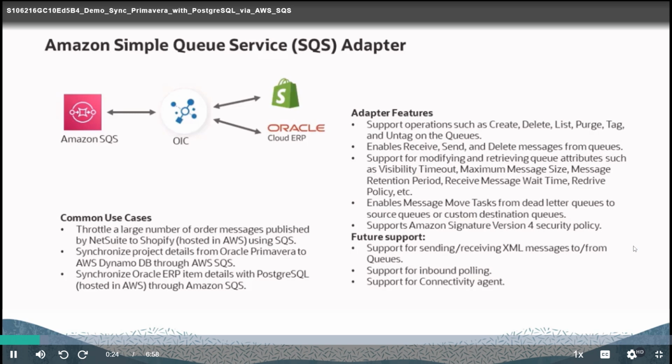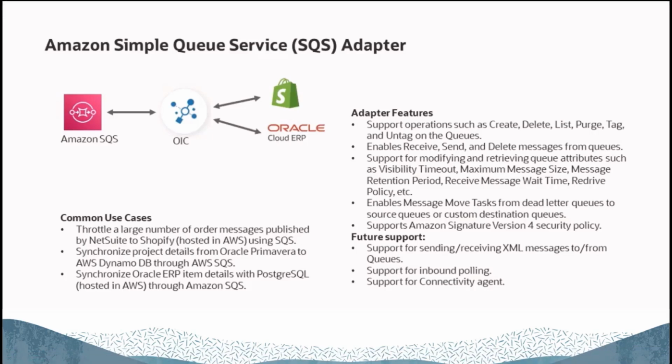through these adapter features. As of now, the SQS adapter supports Invoke. It supports operations such as create, delete, list, purge, tag, and untag of the queues. It enables sending and deleting messages from the queues, modifying and retrieving the queue attributes such as visibility timeout, maximum message size, etc. And it enables dead letter queuing. It supports the Amazon Signature Version 4 security policy. And in upcoming releases, we are planning to support XML messages to and from the queues, inbound polling, and